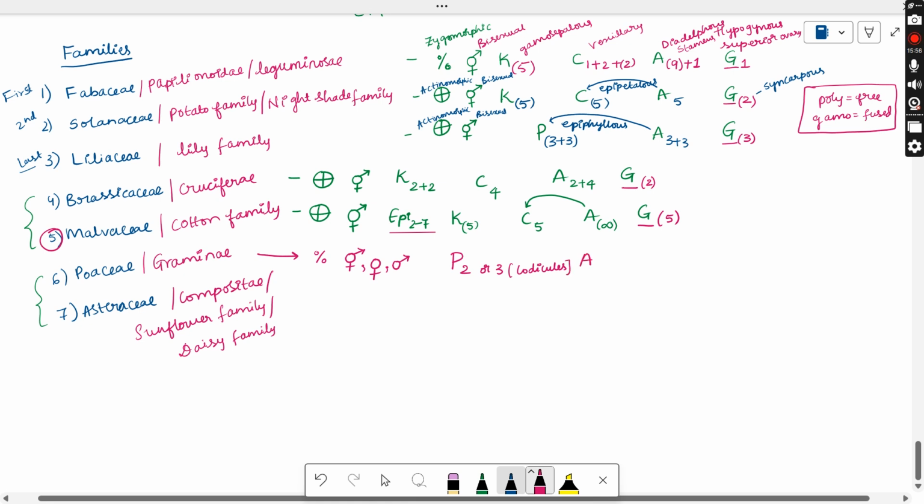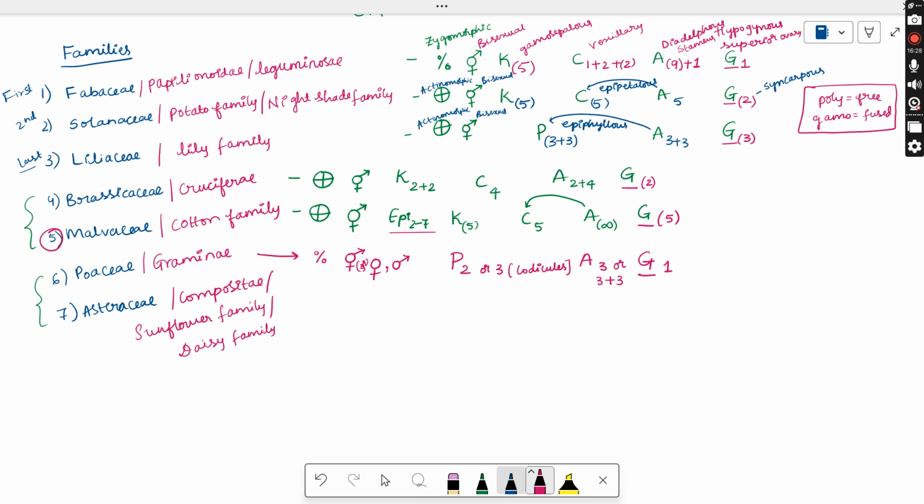And coming to this androecium, 3 are present freely or 3 plus 3. So they are arranged in 2 whorls, 3 in one whorl, 3 in another whorl, which are not in a fused condition. Coming to this gynoecium, the gynoecium will be showing the hypogynous superior type of ovary, only one. So this is the floral formula for the Poaceae. Either bisexual or unisexual. If it is unisexual and the female parts are present, then we call it pistillate. If male parts are present, we call it staminate. Or both the structures may be present in the flower. So this will be the floral formula for Poaceae.